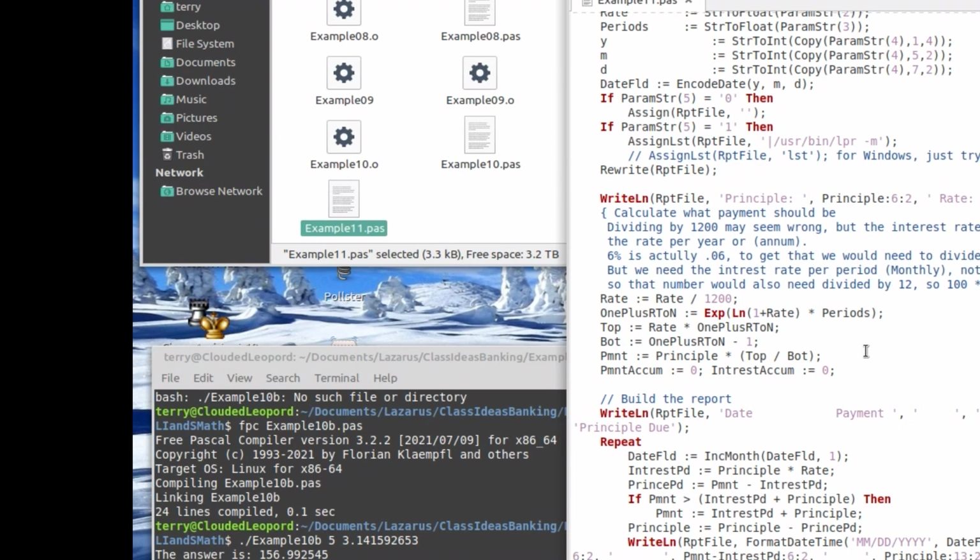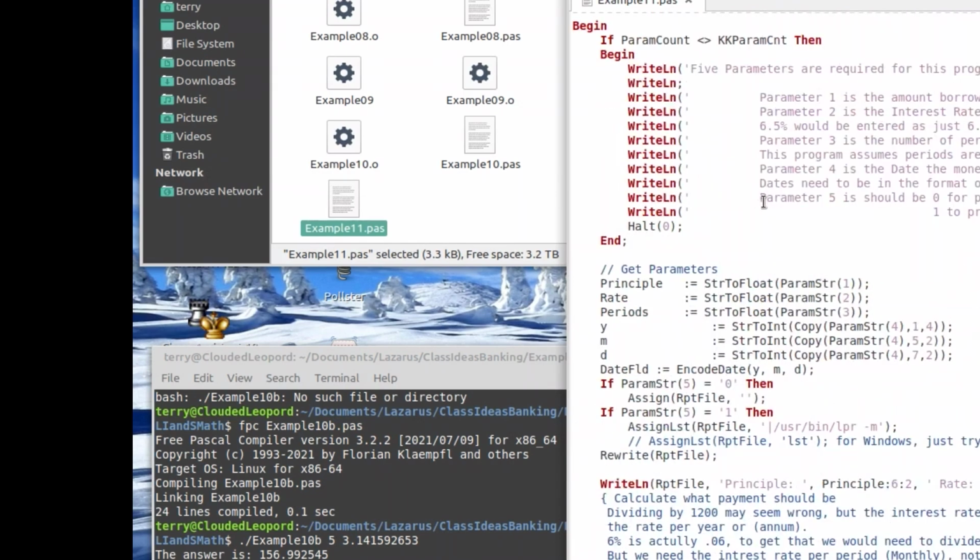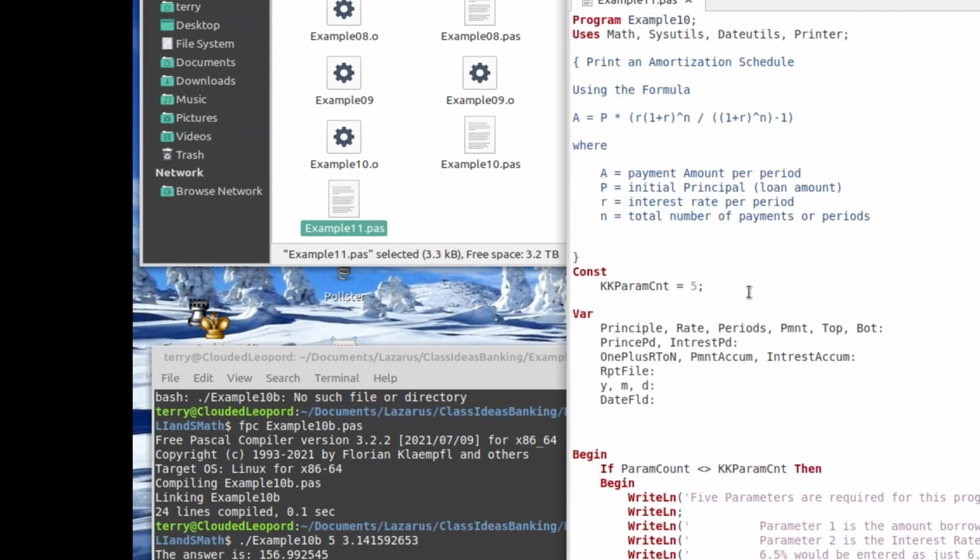You end up dividing by 1200. So in here I do have where I'm calculating the 1 plus R to N, basically this part,